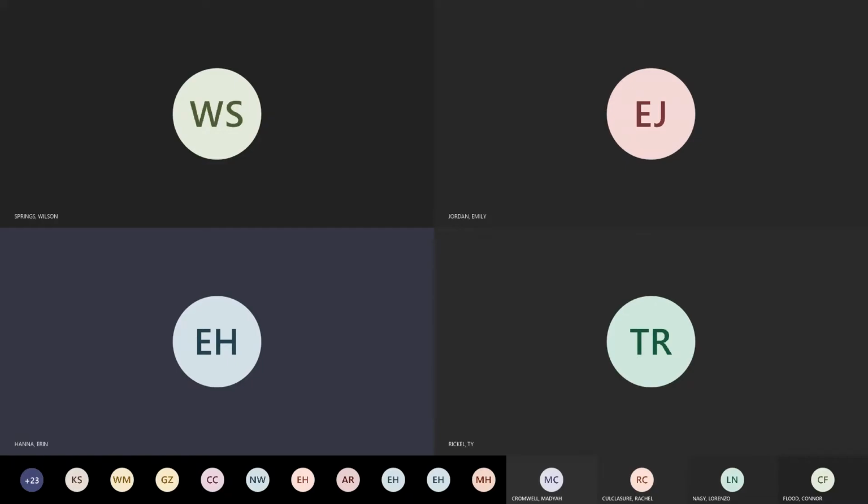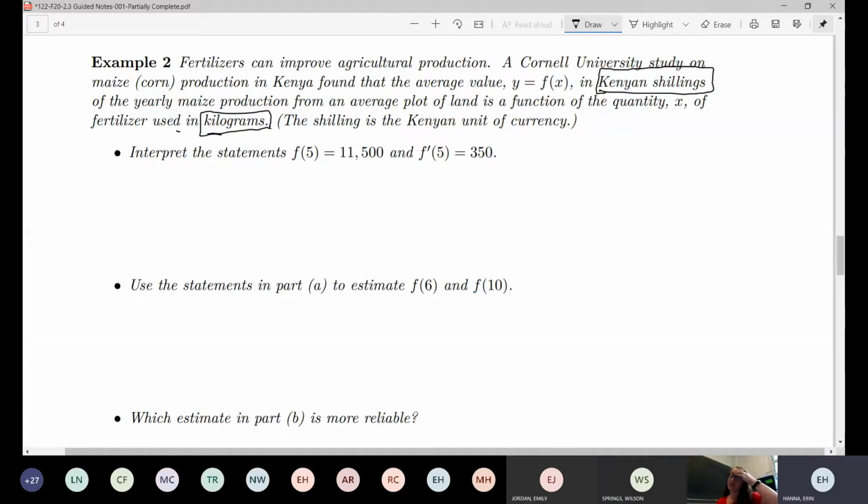There we go. So we need to interpret f of 5, which is just a normal function value, if you will. We don't need that kind of process that we were just looking at because it's not a derivative value. So here that 5 would be the amount in kilograms, and that 11,500 would be the amount of Kenyan shillings. So we can essentially say something like, if 5 kilograms of fertilizer is used,